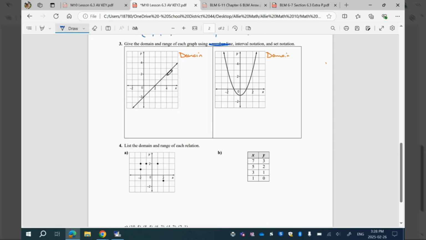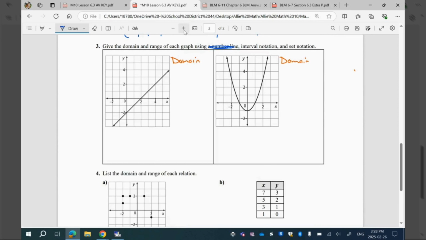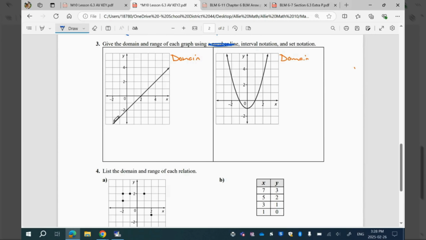So the domain, all of the possible x values. Well, let's have a look. This has a little arrow that's going in each direction. Let me zoom in a little bit. A little arrow that's going in each direction. So this goes on and on and on. So it's going to end up covering every x, every positive x, every negative x, every x, on and